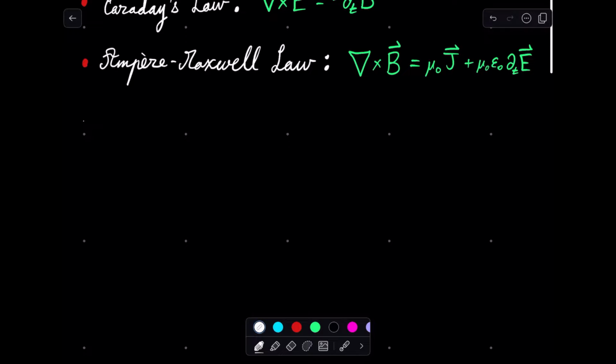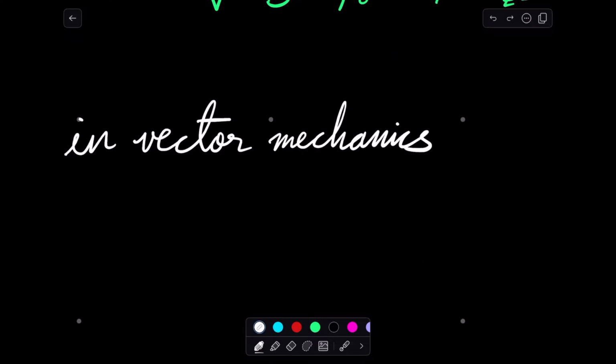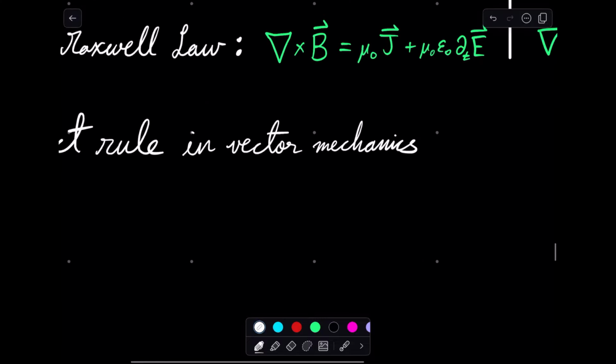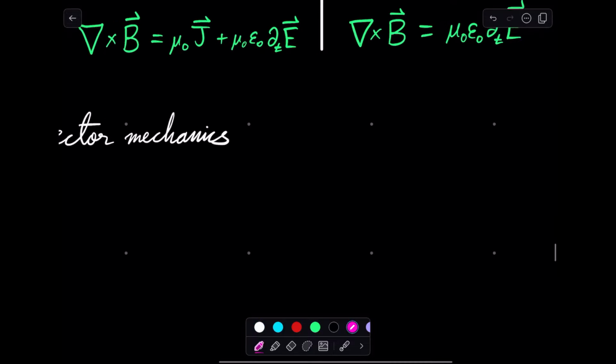Well, to do that, we first need to recall, well, maybe some of you recall, I had to look it up because I didn't remember it, that there exists a product rule in vector mechanics. And this is one of the reasons why vector mechanics, while relatively easy to learn, is somewhat annoying to deal with, because when you deal with more complicated products, you end up with horrible, horrible looking equations like the one I'm about to write. So you end up with this product rule where you take the curl